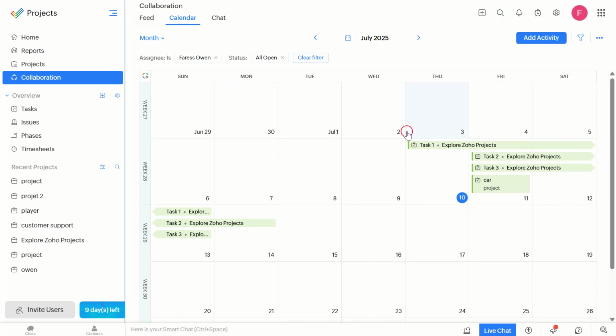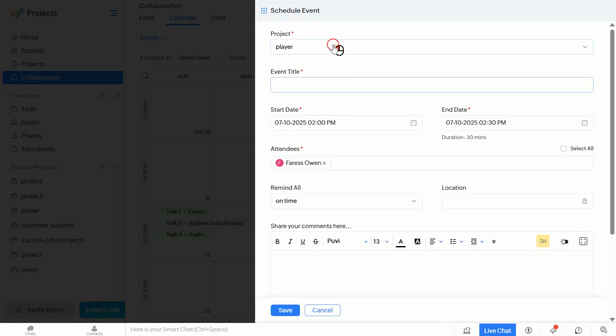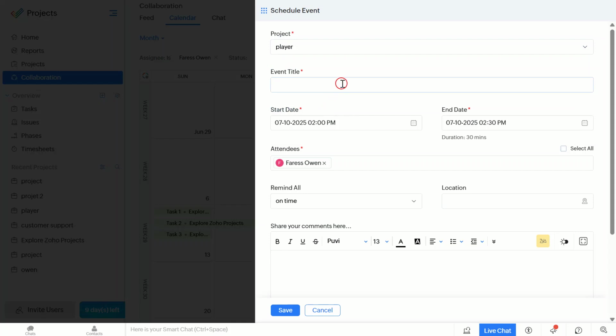Now that we've done that, you'll see your calendar view. Here's where the fun begins. Look for the Add button, usually located at the top right corner. Clicking this allows you to create a new event or task for your project. This step is crucial because it's how you'll begin populating your calendar with all the important dates and tasks related